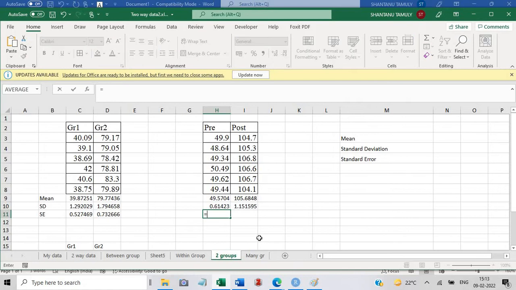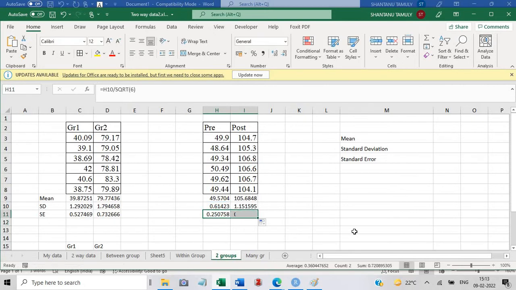Now for standard error, standard deviation divided by square root of number of values. There are 6 values, 6, close bracket, press enter. So this is how we calculate the mean and standard error.